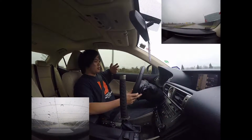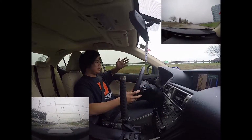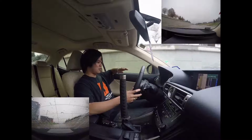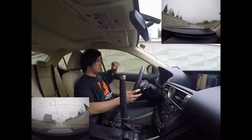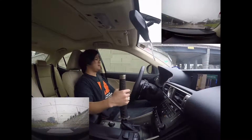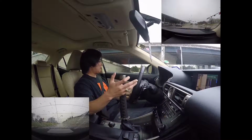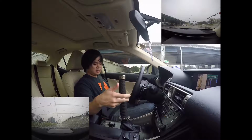For those of you who are into cars, which I am, I drive a 2014 Lexus IS 250. Not the S one, just the regular one. I like it. It's not super fast, but onto the freeway entrance it does its job. Toll booth ahead. I do autocross it and some other things, but besides that, not too much. I did mod this,